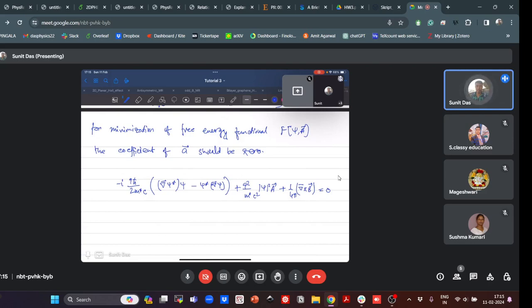Okay, so this is our final equation from the second constraint, minimizing the energy with respect to the vector potential,